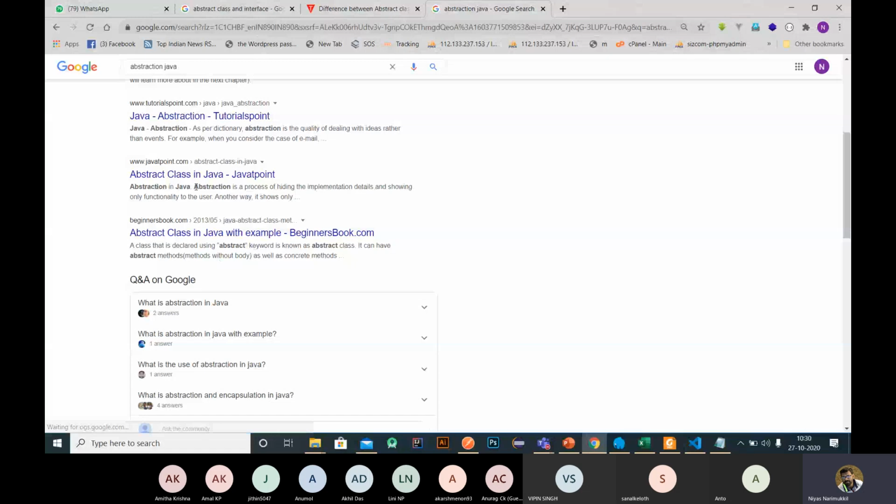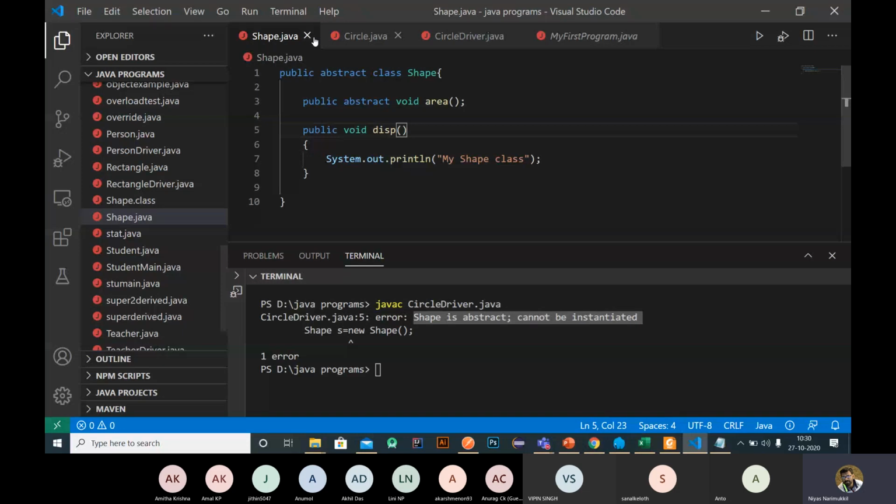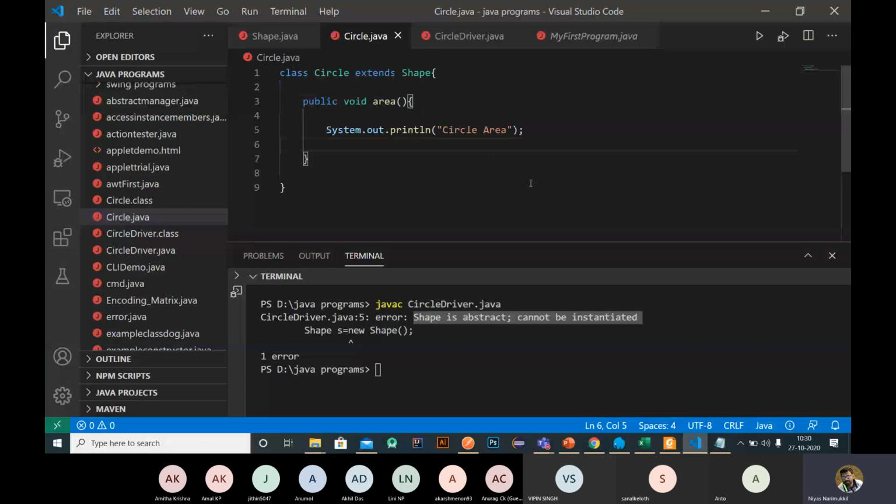That is, we are only given the abstract class having only the name, right? The functionality is different. That is, each of the child classes can have different functionality. For example, this is the functionality of the Circle class, right? So we can change the functionality in the case of a Rectangle class. If there is another shape, Rectangle, that Rectangle also inherits from Shape. The area of a rectangle is different from the area of a circle, right? So the implementation inside the method can be different as well, right? So that can be done. That is the basic thing.